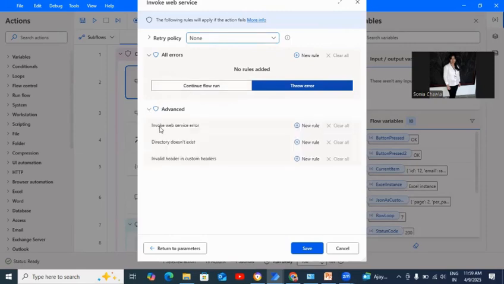These are the advanced Invoke web service rules. Sometimes we did not find out what type of error we are getting, so these rules help us find the exact issue: Invoke web service error, directory does not exist, invalid header in custom header.